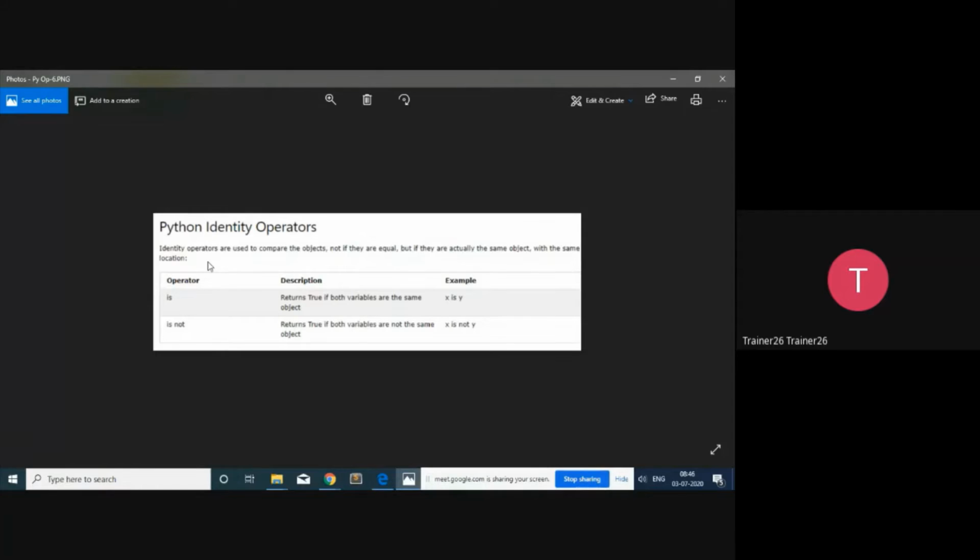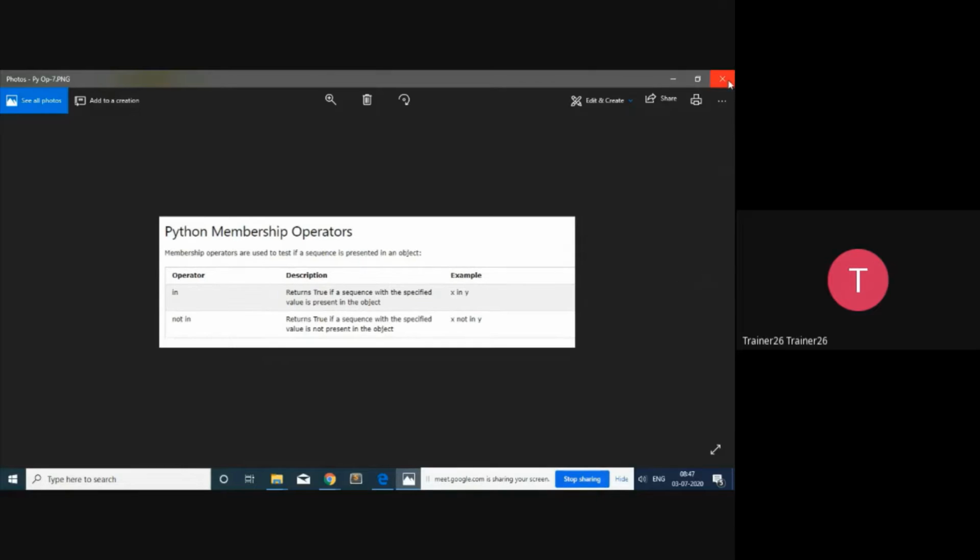So at that time we are going to use these operators, that is "in" and "not in". Don't worry about these two objects. Especially this part I'm going to skip right now, and I'm going to cover it in the next session. So keep in mind that I have skipped these two things. Only for the sake of your knowledge, I have explained that there are two special types of operators available in Python, that is the identity operator and the membership operator.